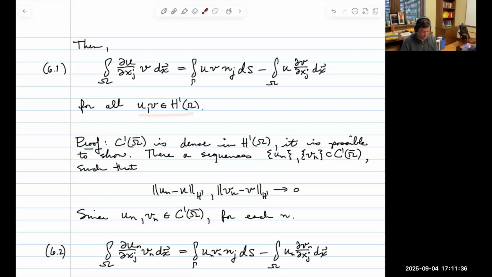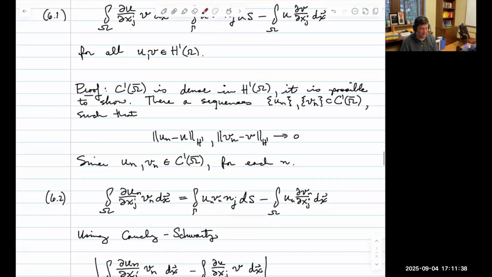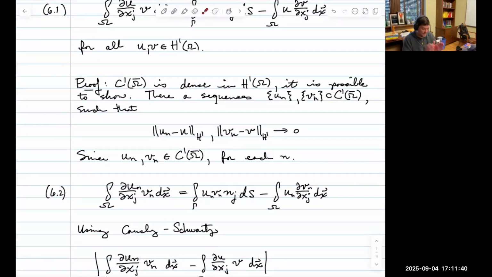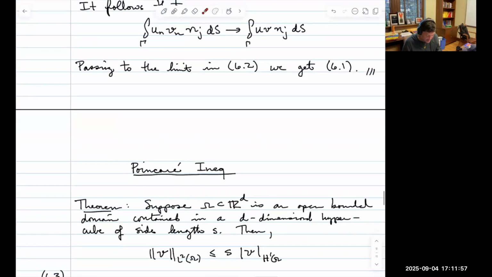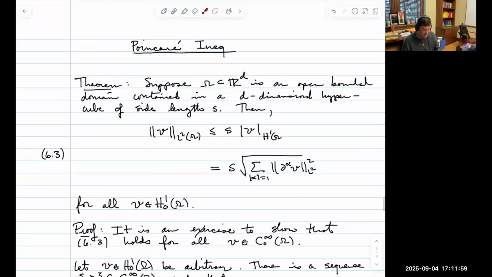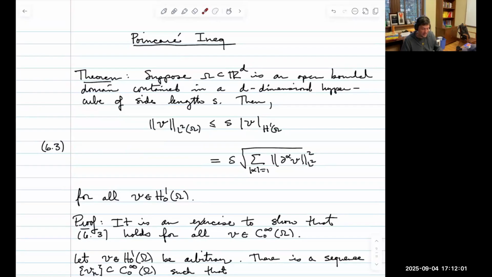that are in H1. So this is an example of my knowledge about something being true for smooth functions being translated into my knowledge of the same fact for rough functions, if I know that I have the appropriate density results. Now, I want to apply this sort of density argument within another context, in the context of